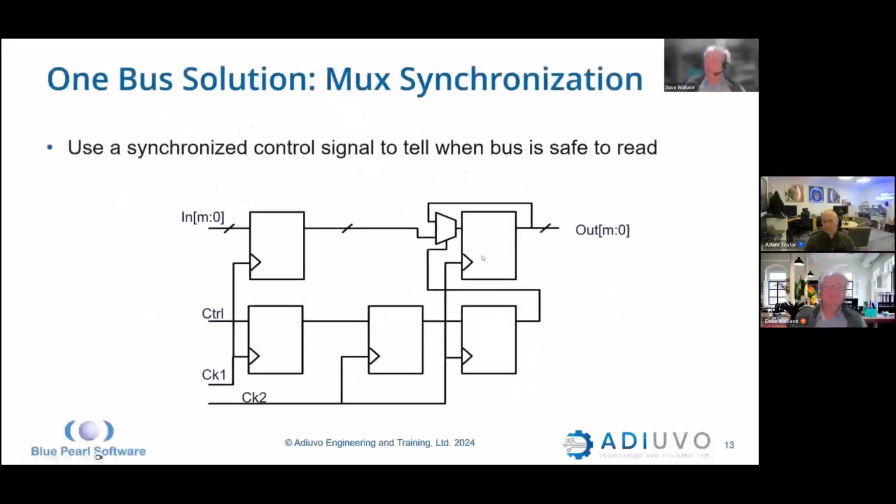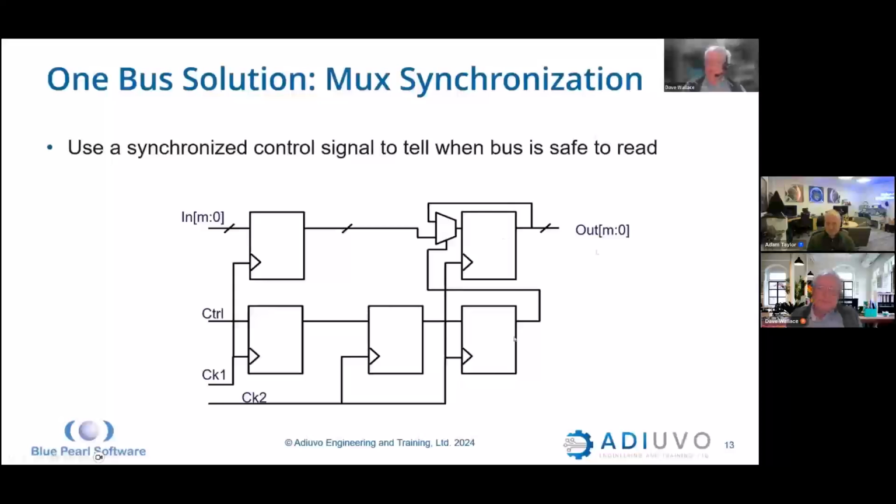One very common strategy for synchronizing a bus is mux synchronization, where the receiving side says, I'm not even going to look at this data until you tell me that it's stable and safe. And we use a separate control signal here that is synchronized from the source domain into the receiving domain to tell us when it is safe to look at the bus, when you know that it's not changing. Now, obviously, there are some caveats here. You need to make sure that that control signal goes away far enough in advance of when the data is going to start changing again, that you have time to get through that synchronization and say, okay, I've stopped looking